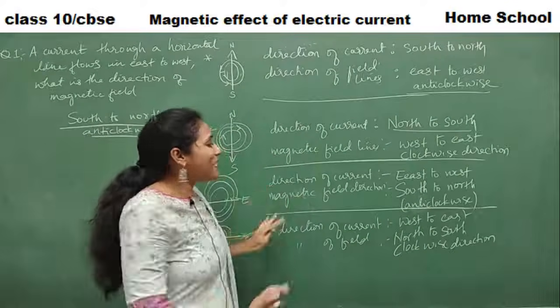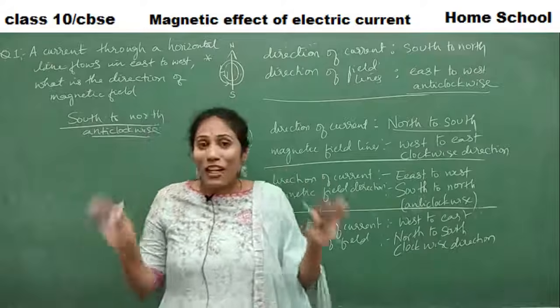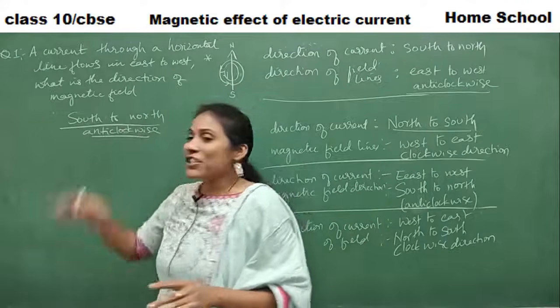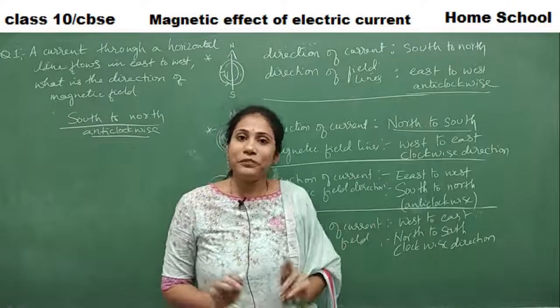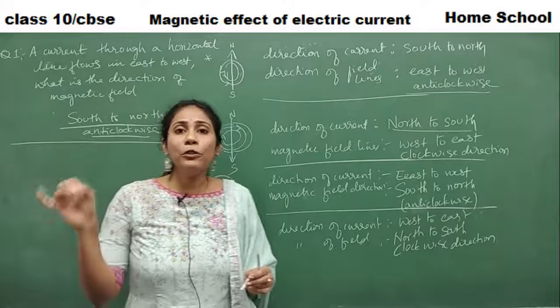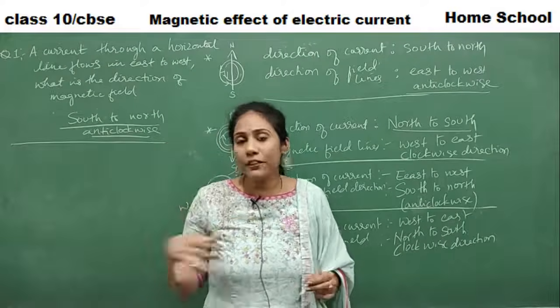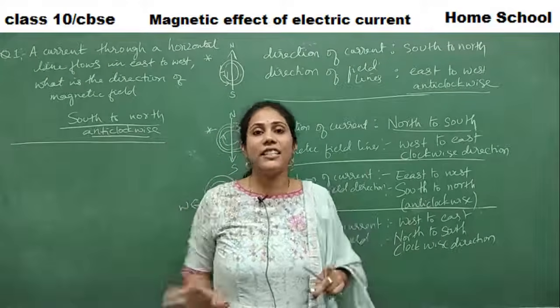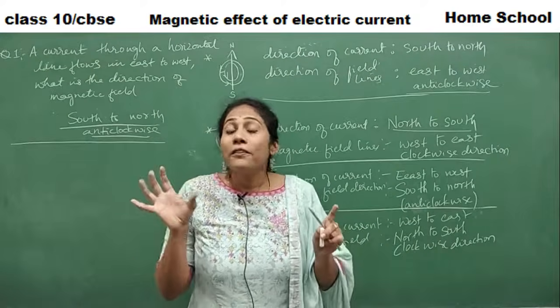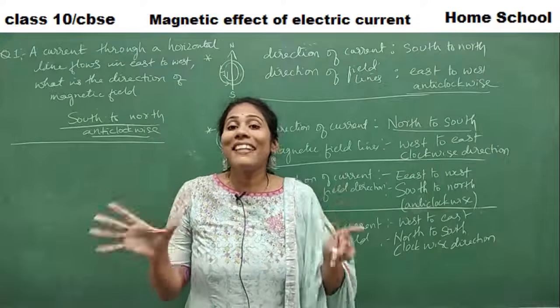Okay, so this is actually my trick for you all to remember easily. This is how questions can be asked on this topic. Fine. So now we all have studied how to find the direction of magnetic field lines when current direction is changed. Which rule is helping for this? Maxwell's right hand thumb rule.